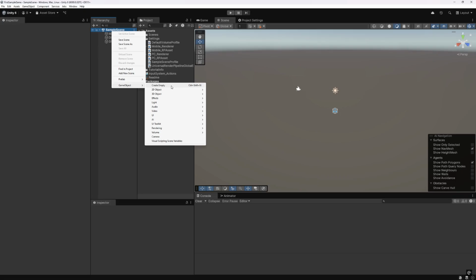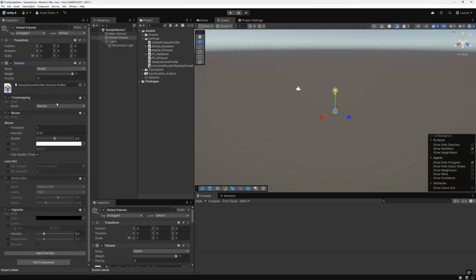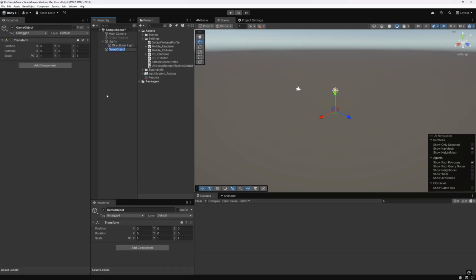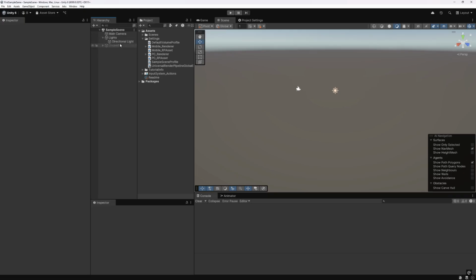We create empty game objects by clicking the plus icon in the hierarchy, then empty game object. Then I disable the default global volume, a post-processing game object that modifies the visuals of the final render in any frame. And I moved it into a group of unused, but if I remember correctly, I just deleted it in the end.